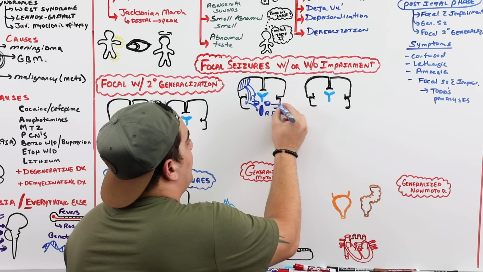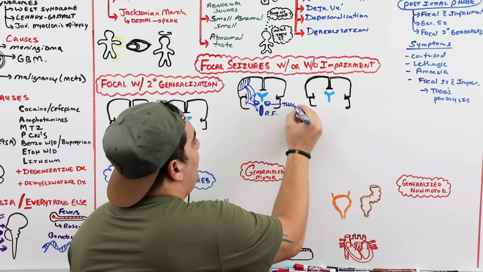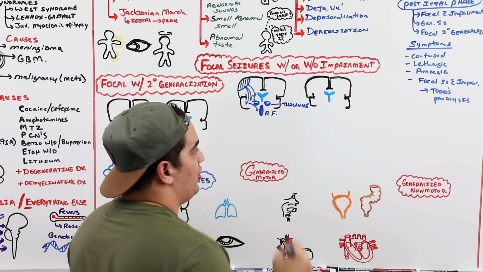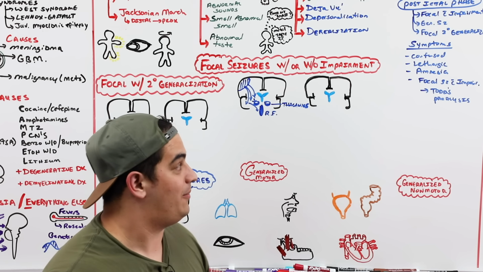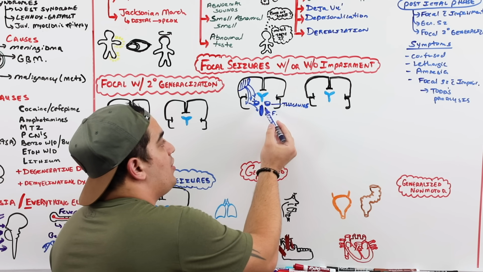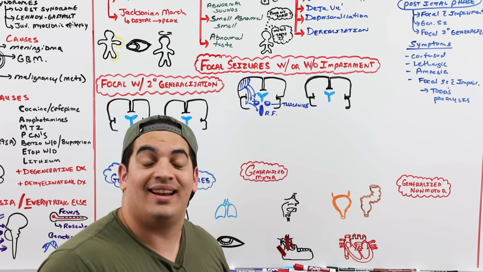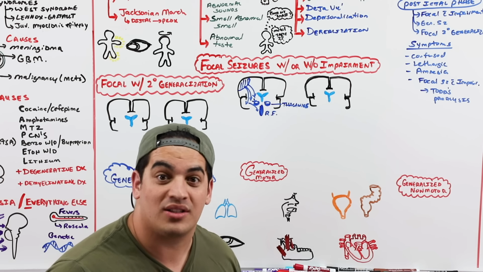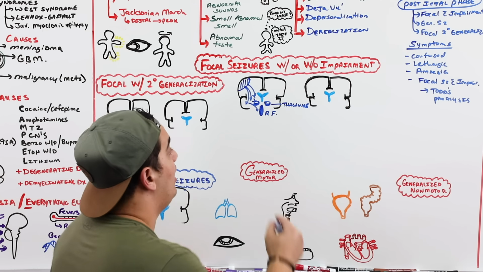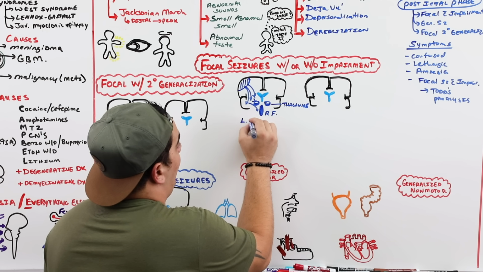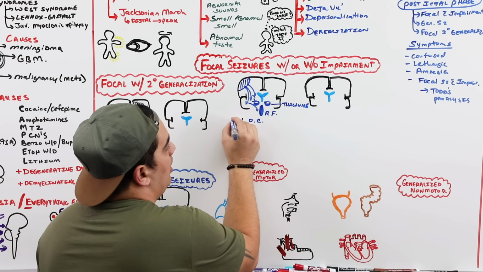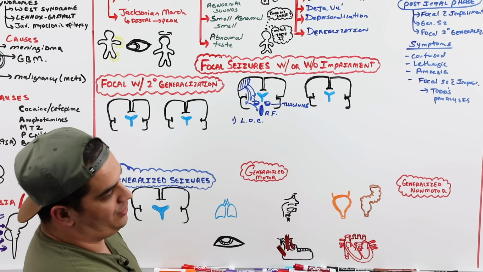And the other structure here is the thalamus, which is kind of the relay station for all sensory information going into the central nervous system. So whenever focal seizures involve the thalamus and they involve the reticular formation, it can lead to impairment, loss of consciousness in a way. And so because of that, there may be a loss of consciousness. That's one thing that can help with focal seizures.